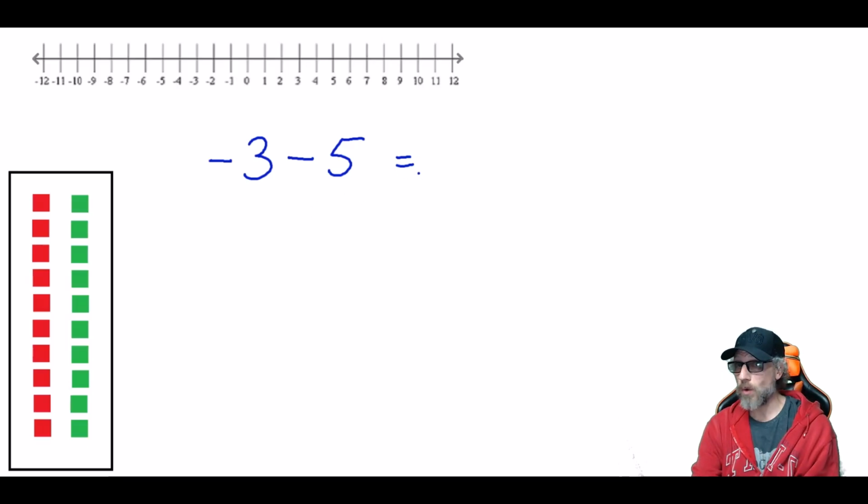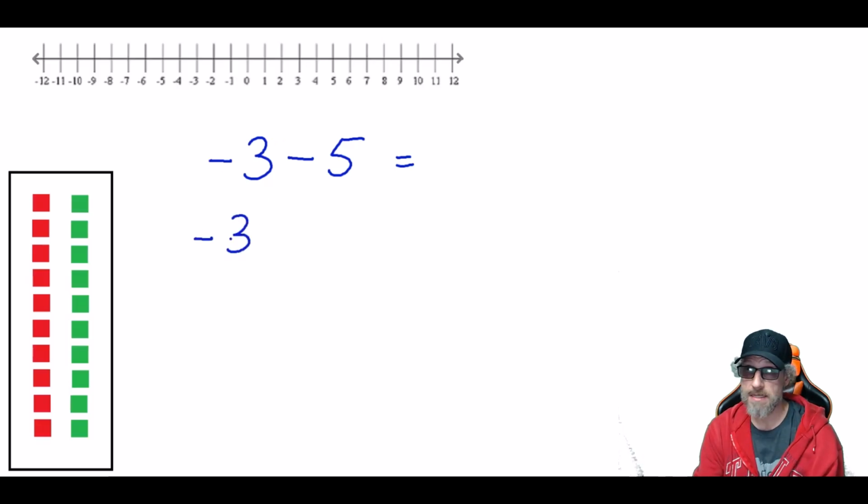I do not want to begin thinking about number line or the money example or the zero-sum pairs, because I want to have those thoughts when I'm looking at an addition problem. And I'm not there yet. This is a subtraction. So we want to make a change first. The first number, it is what it was, -3. But when we get to this subtract 5, here's where we will not subtract 5, we will add the opposite